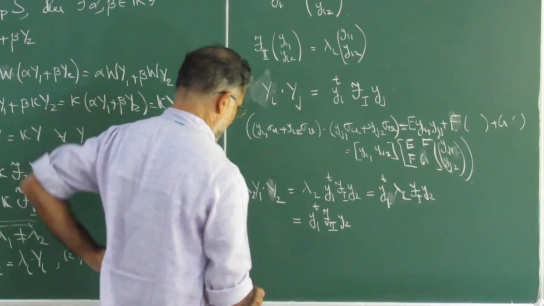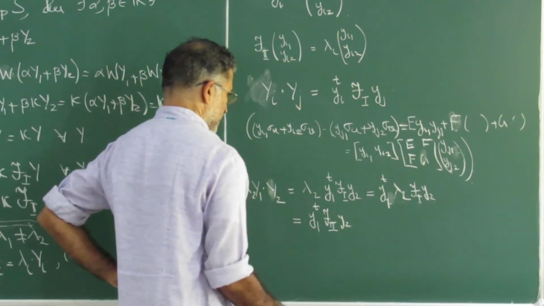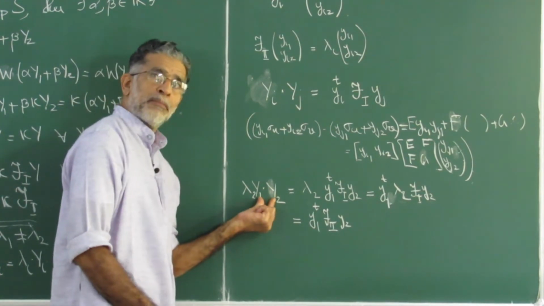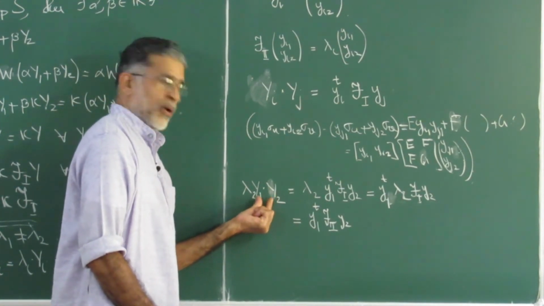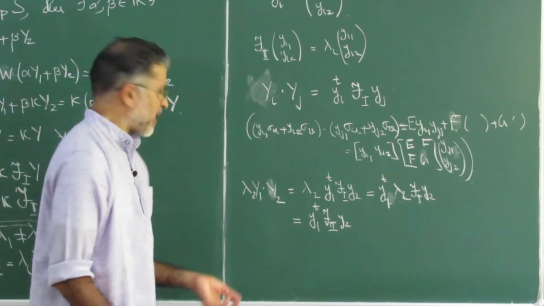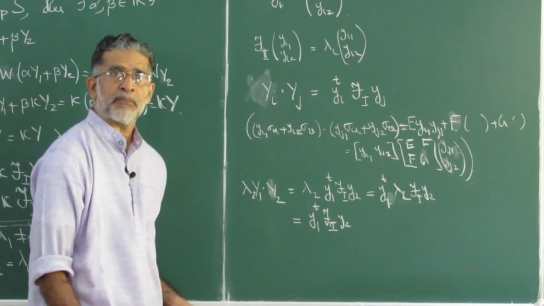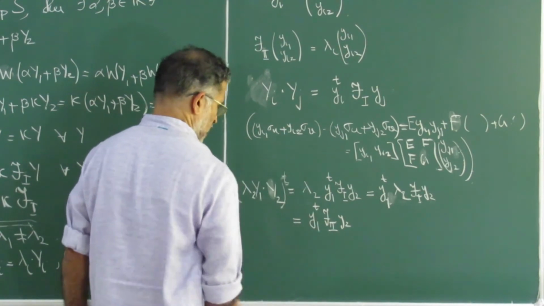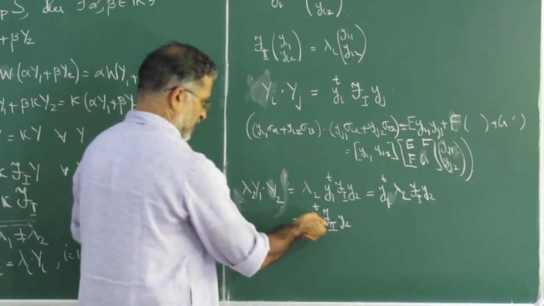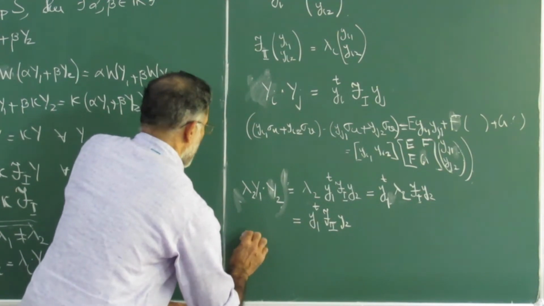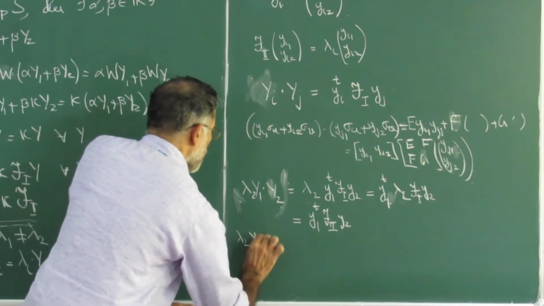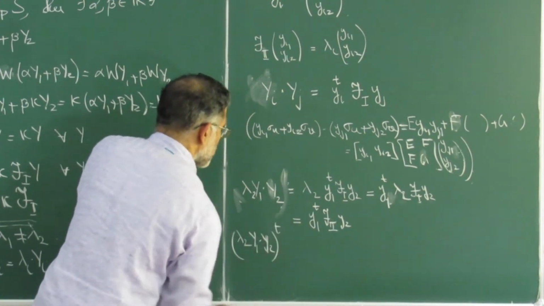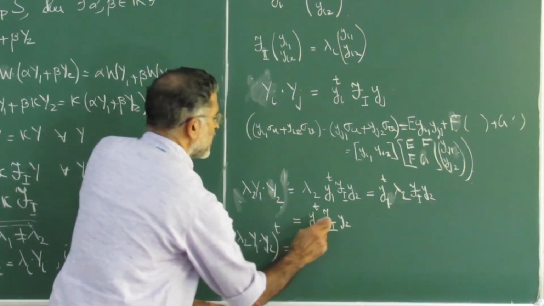I want to get it into the other side. So this part, I will avoid rewriting it. Take the transpose here. But remember, this is a real number. The dot product of two vectors is a real number. Lambda 2 is a real number. So this is just a real number, and its transpose is itself. So if I take the transpose of this, or all right, I can even take the transpose here. So lambda 2 y1 dot y2 transpose is the same as the transpose of this.